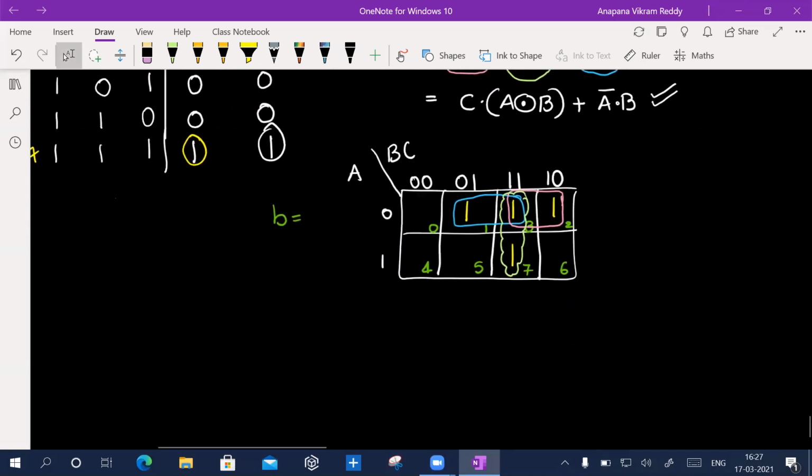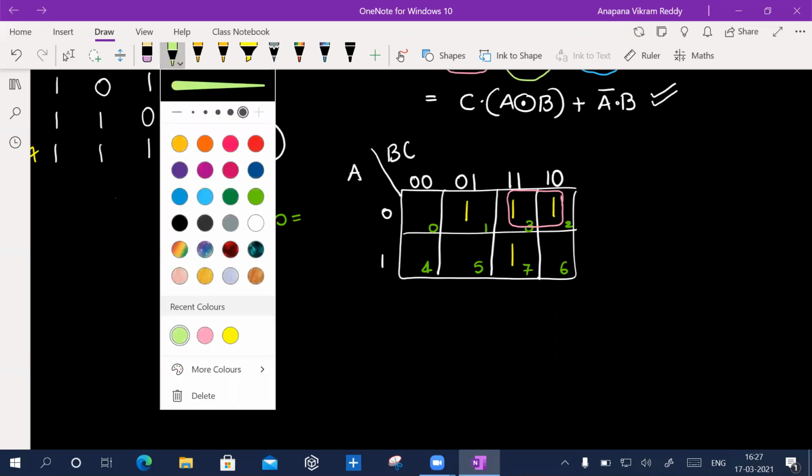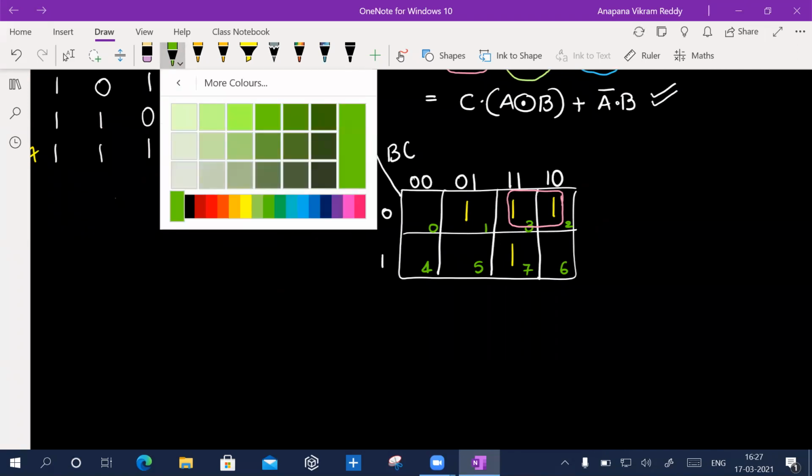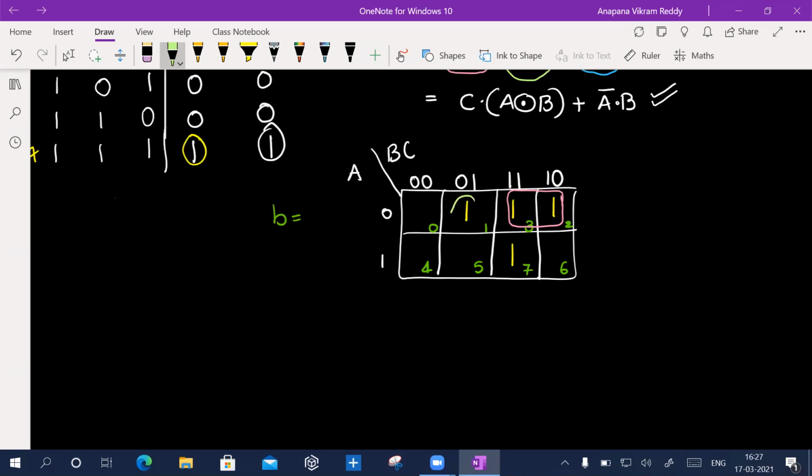Now what I do is this. Let me remove this, and this one as well. So now which color can I take? I'll take this color and pale green. Let me take these two as individual cells. I want to group, I grouped only these two. And what about this one here? This is A complement and B.